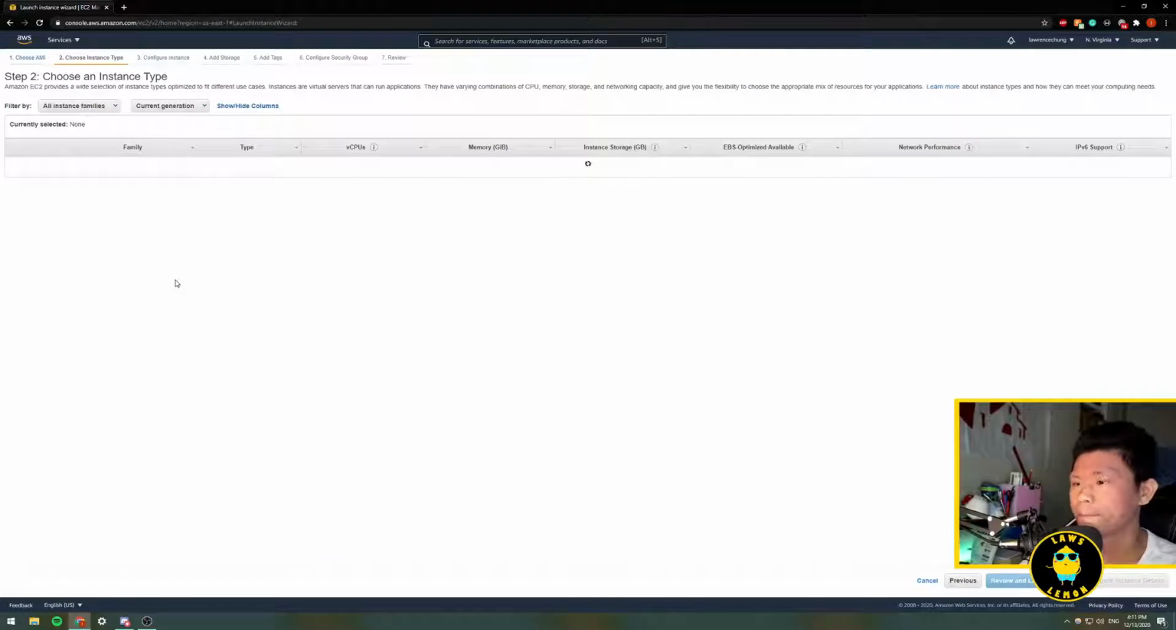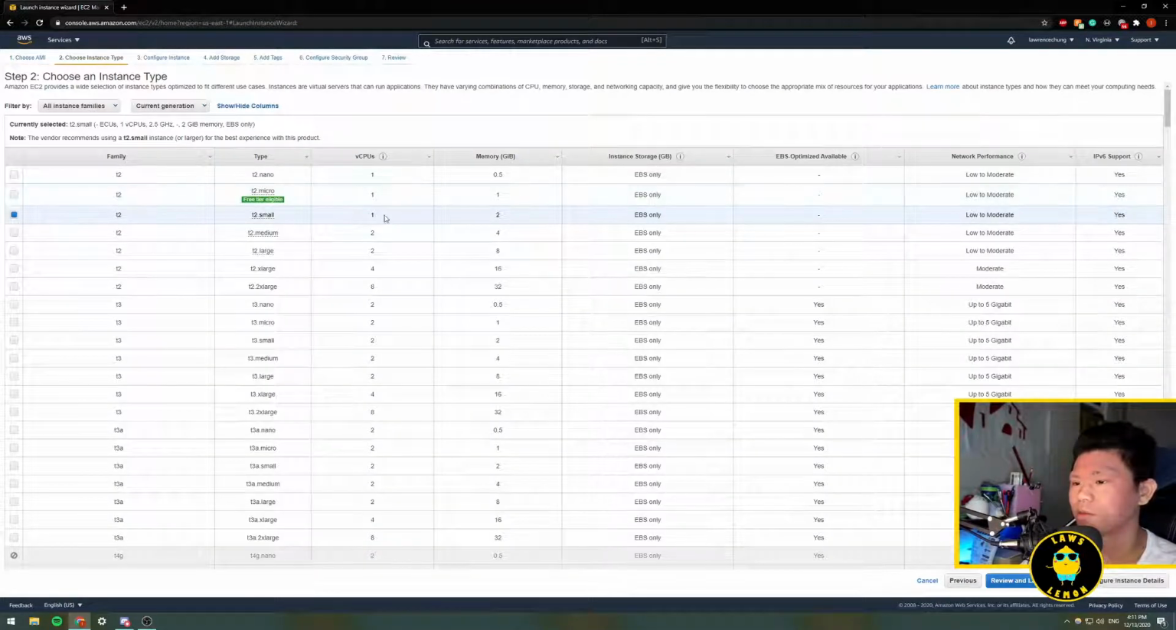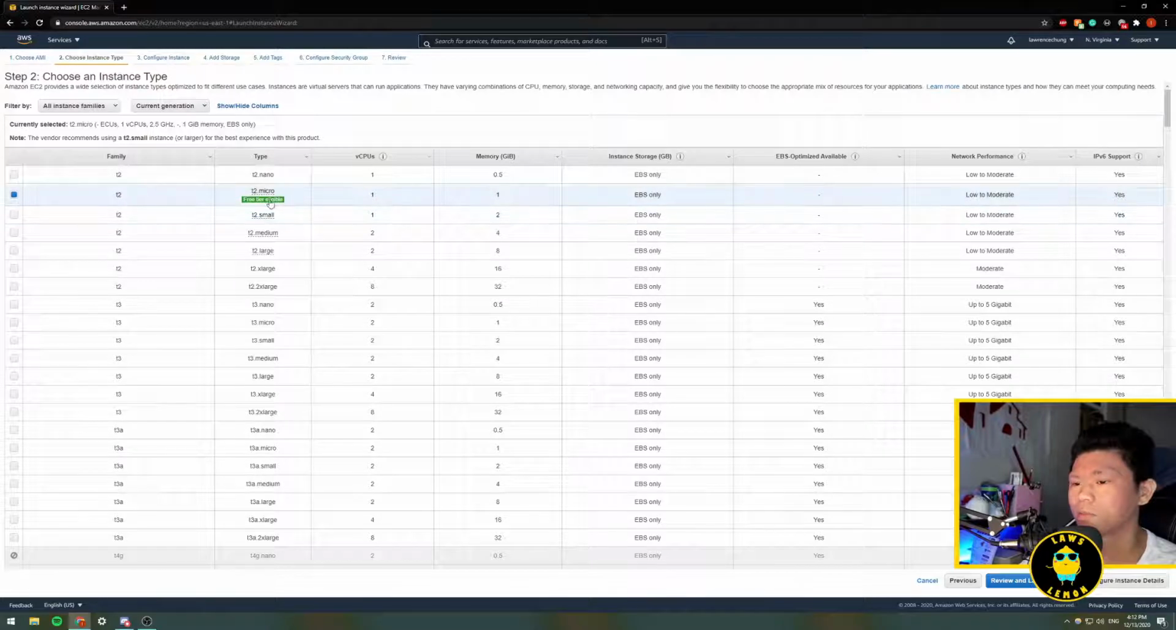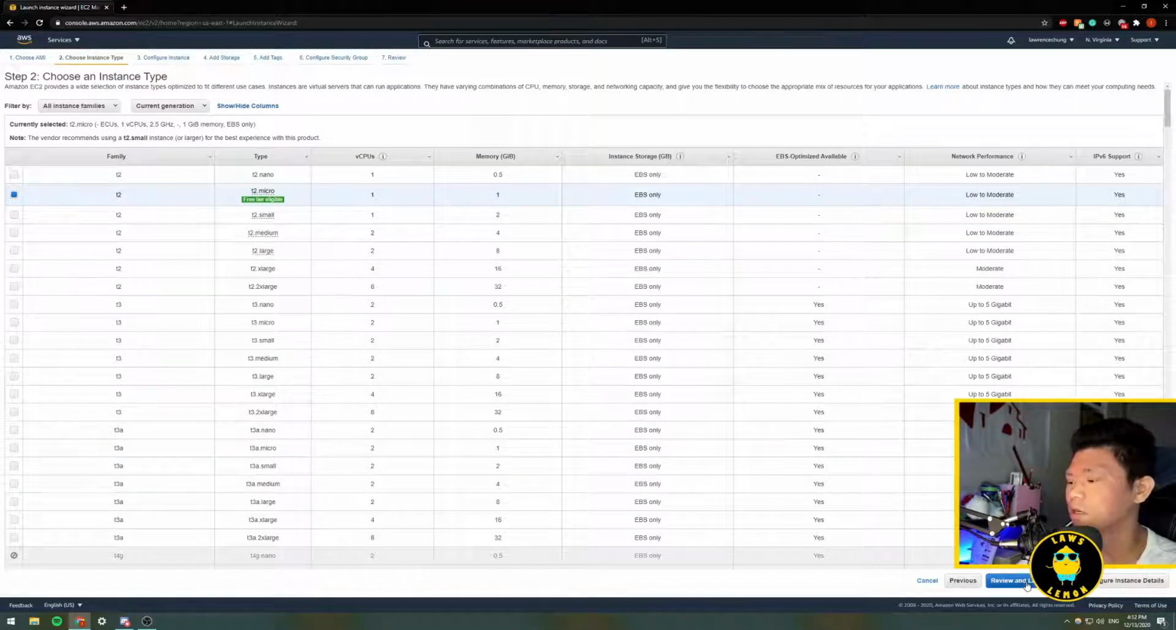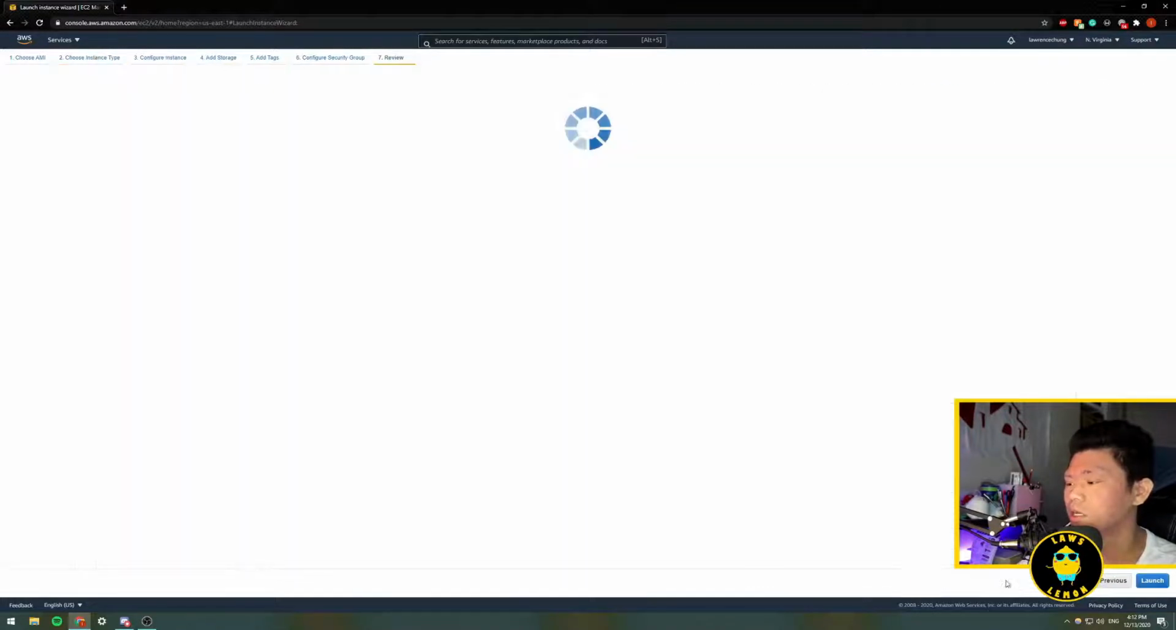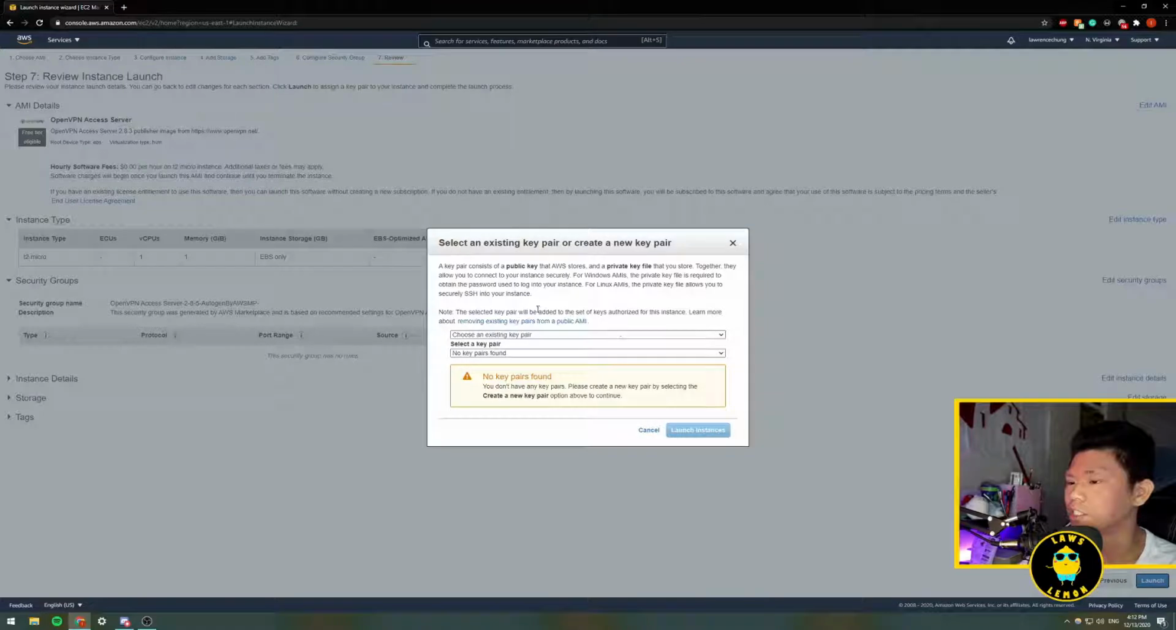Just hit continue. Next, we're going to be prompted to choose our instance type, so just how many CPU cores do we want, how many gigabytes of storage or memory do we want, and we're just going to go T2 micro because then again it is free tier eligible. Now we're just going to skip everything else. I know there are a lot more settings, but to keep it simple, we're just going to hit review and launch and then launch. Now once we hit launch, we're going to be prompted to select an existing key pair